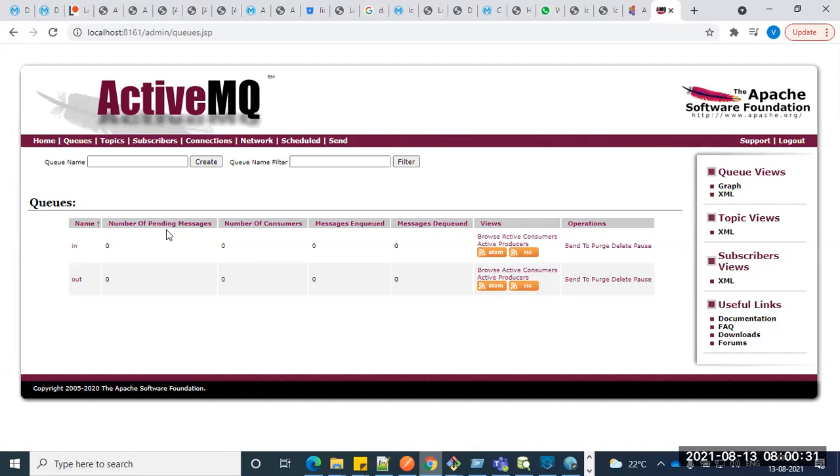Based on your input, you choose what is a suitable queuing mechanism. Or else you can simply use the S3 bucket. If you want to store more memory, more messages, we can go for the S3 bucket, push to it, and pull out from it. That way also we can achieve it.